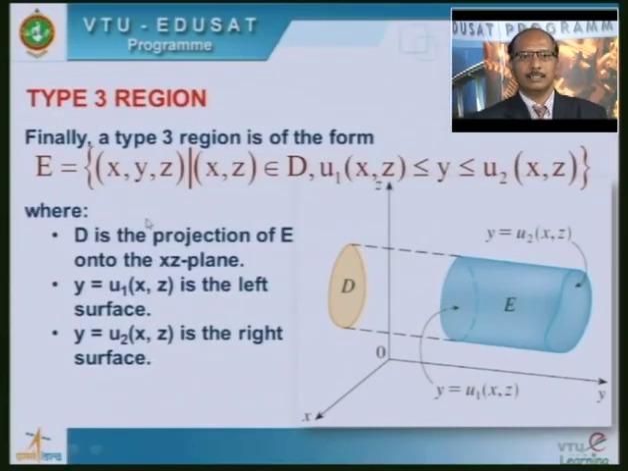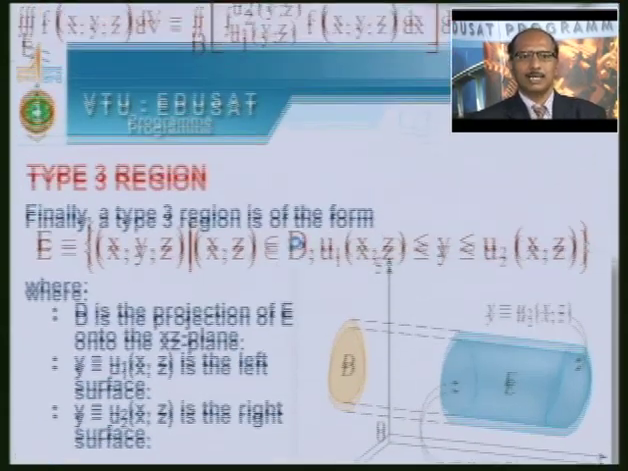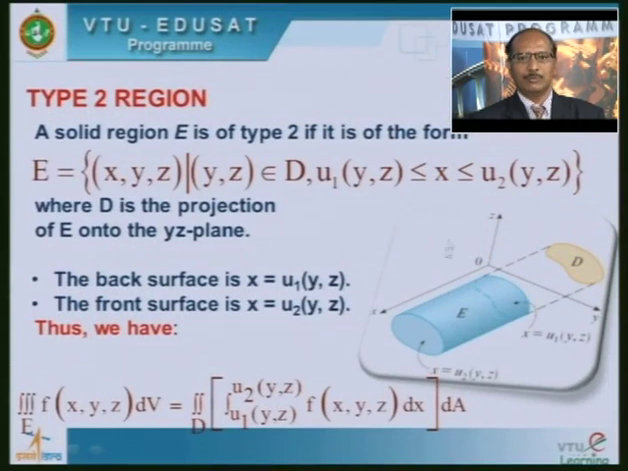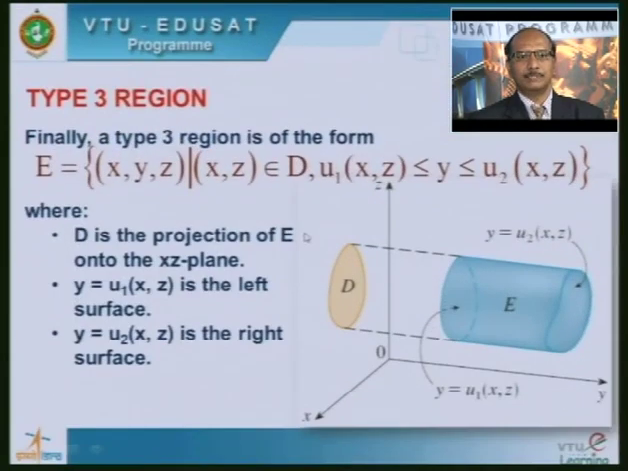In this case I have taken, see here, the type 2. When x limits are functions of y, z, then in the yz plane there are again two sets of limits, and that becomes the evaluation of the triple integral over a solid region of this type. There will be one more, type 3. Type 3 is, see here,